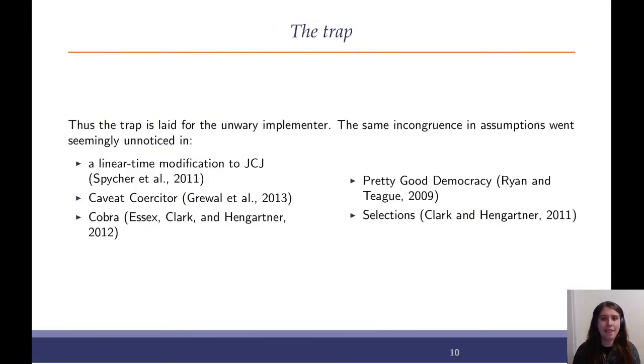And thus, we have the trap laid. And remember, JCJ explicitly says, yes, we model it as an ideal primitive that has this property, and they accept, yes, the one that we cite doesn't have this property, but they don't make that explicit. And the same incongruence and assumptions seems to have gone unnoticed in quite a few papers, which I've listed here. These papers, based on a careful reading, don't seem to have noticed that the PET JCJ cites, and indeed almost all of these date back to JCJ in some form. They are extensions or they use some of the ideas, and they don't seem to have noticed this crucial assumption.